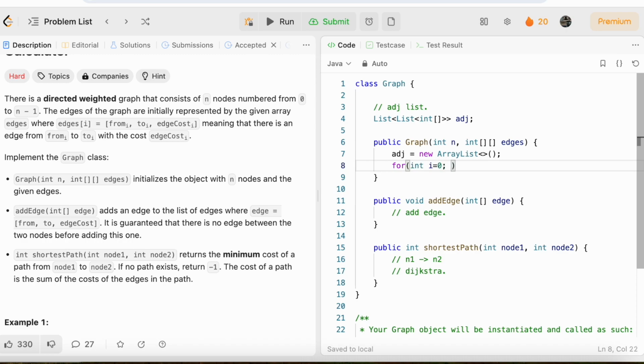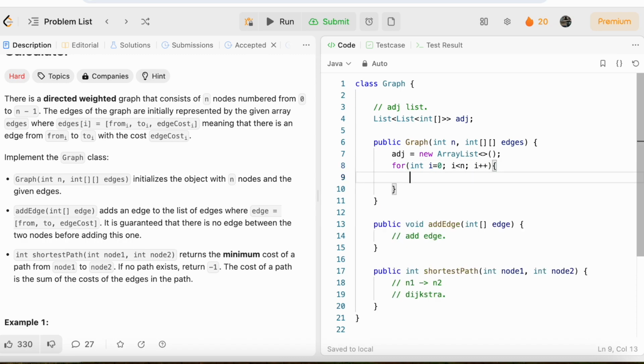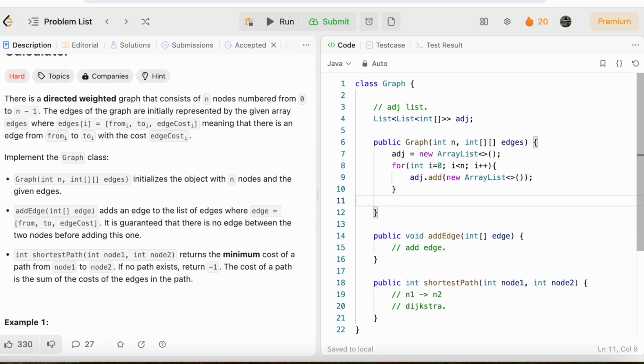For i equal to 0, i less than n, i plus plus, and we'll just add an edge, add a neighbor list for all the nodes, new array list. Okay, so we now have a blank adjacency list for each node, and now we are also